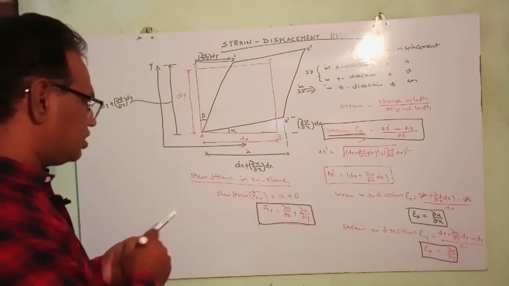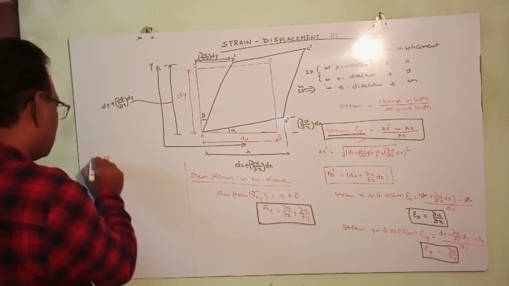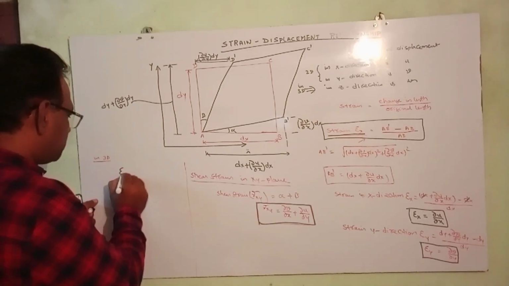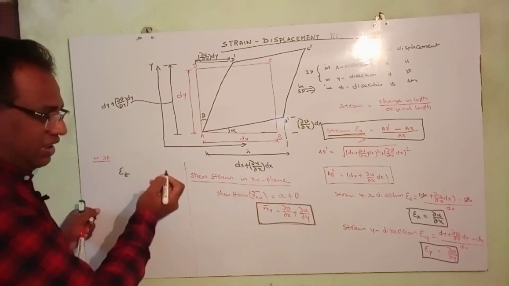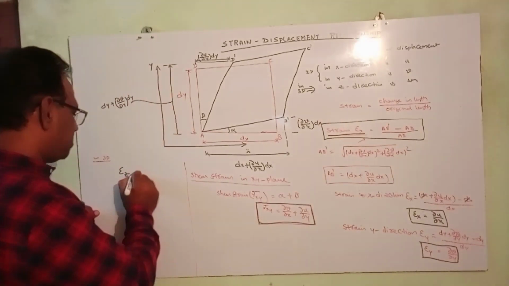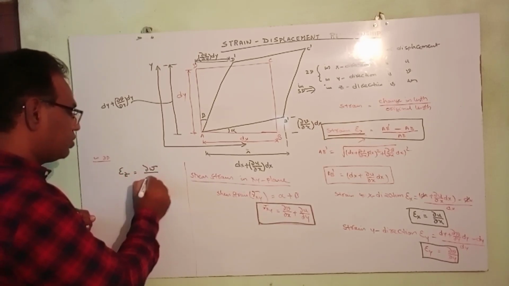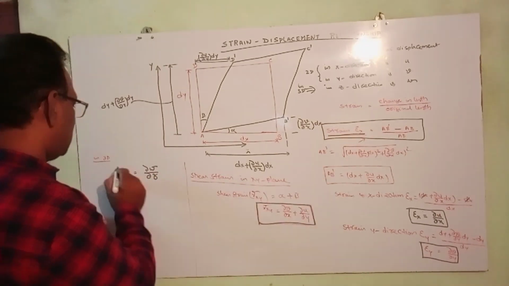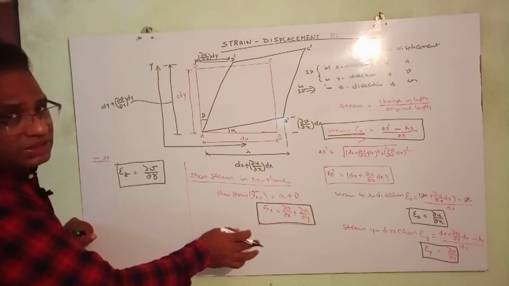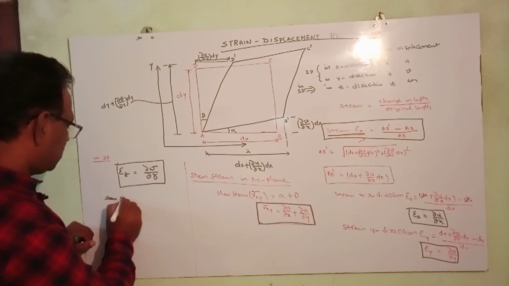So the strain in the z direction, in case of 3D, I will write as epsilon z, linear strain. These are linear strains, and this is the shear strain. Epsilon z, the linear strain in the z direction, equals dou w by dou z. This is a similar analysis. Similarly, you will get two more shear strains here.